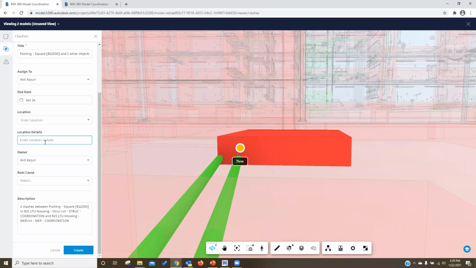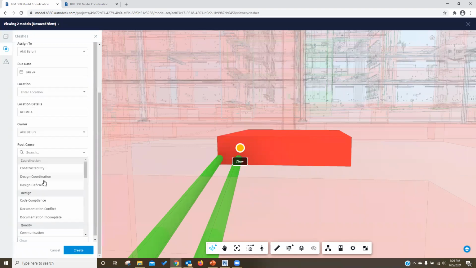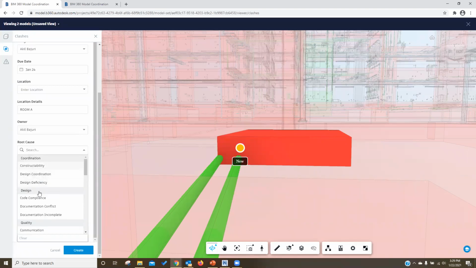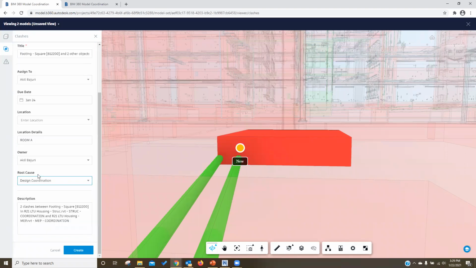You can define the location details, say Room A, and who is the owner of this report, and set the root cause as design coordination issues. And you can add a further description: clashes between footing and this component versus this component in the drawings. So you can also type in more information if it's going to help other people understand it better, then you can create this issue.